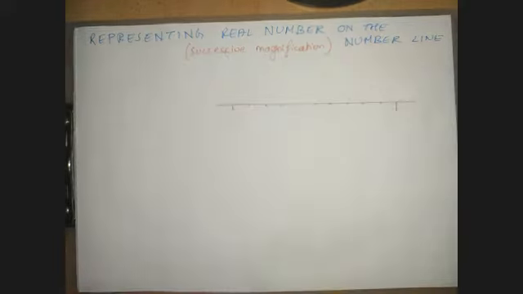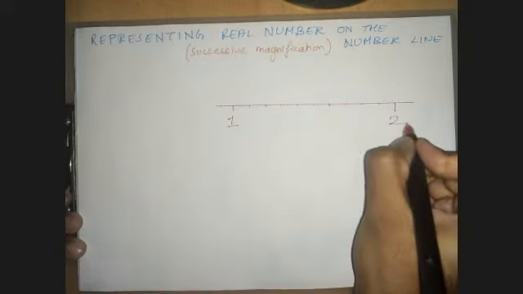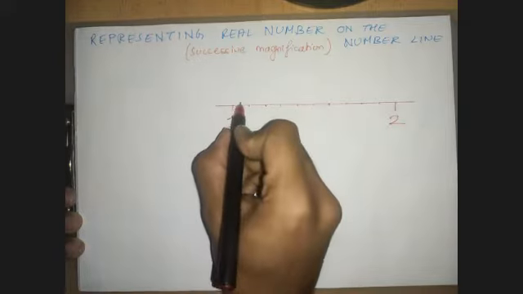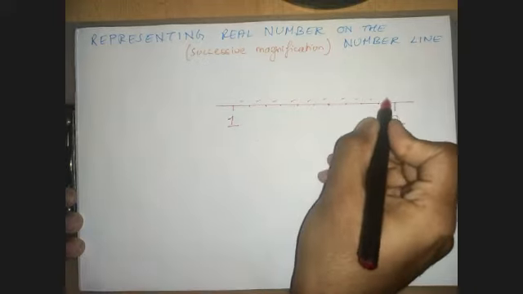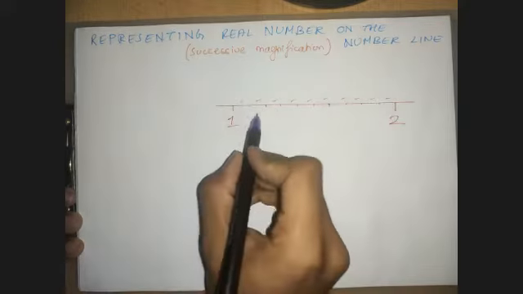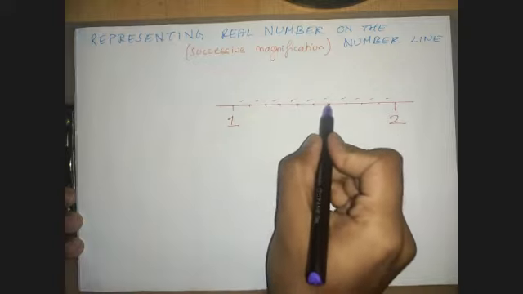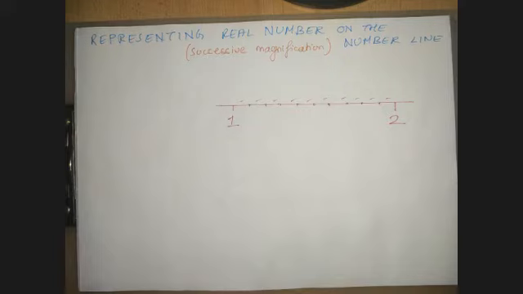So what do we mean by decimal? It is dividing the number line between any two numbers, let us take 1 and 2, into 10 equal parts and representing in that form. So it is 1 2 3 4 5 6 7 8 9 10. It has been divided into 10 equal parts, but it has 9 numbers inserted between 1 and 2.